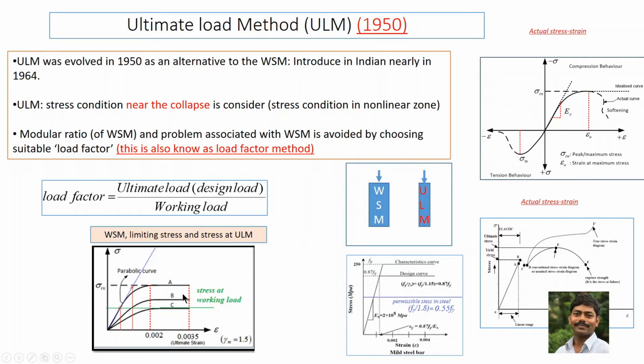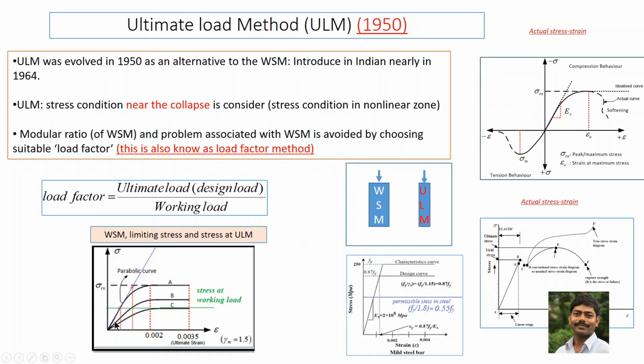Now, what happens if you consider the working stress method? Then the allowable stress should be somehow below here. It should not be confused, because the graph I have considered here, the ABC graph, corresponds to the limit state method. In limit state, this value comes to be 0.45 fck. In the working stress method, the allowable stress is lower than 0.45 fck. The allowable stress is fck by 3, so you can say 0.33 fck. That value should be somewhere here.